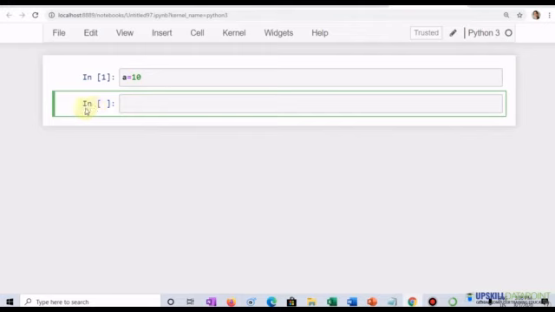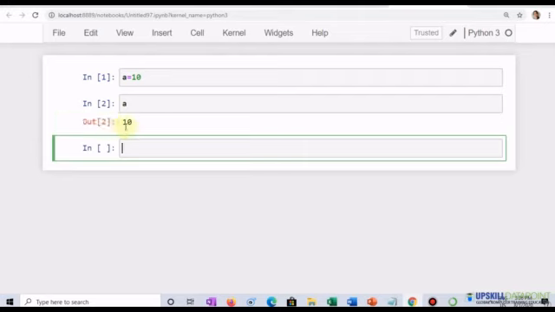This is In, which stands for input line. This is the first line, this is the second line. This is basically the shortcut for line. If I write here "a" to get the value of a, and press Shift Enter, you can see the output here, it's 10. Easy, right? If you were doing programs in C, C++ or Java, the same kind of work needs, I think, 3 or 4 lines of code to get the output of a variable. But here, it's so intuitive, it's so easy. Just 1 line of code and you get the output.